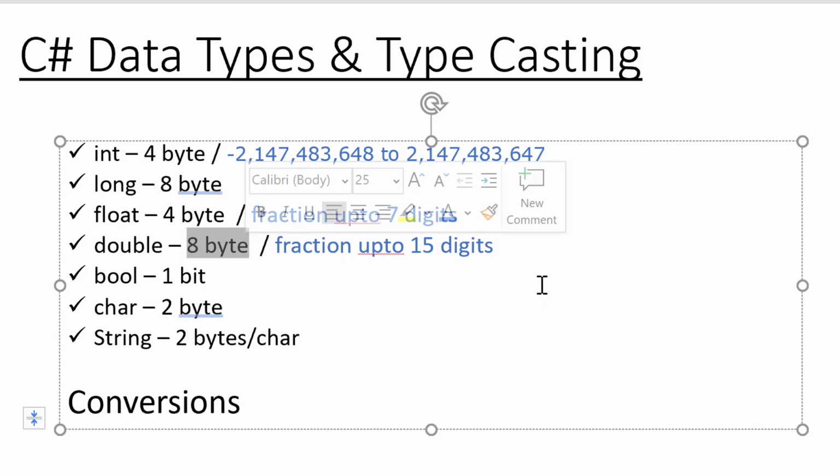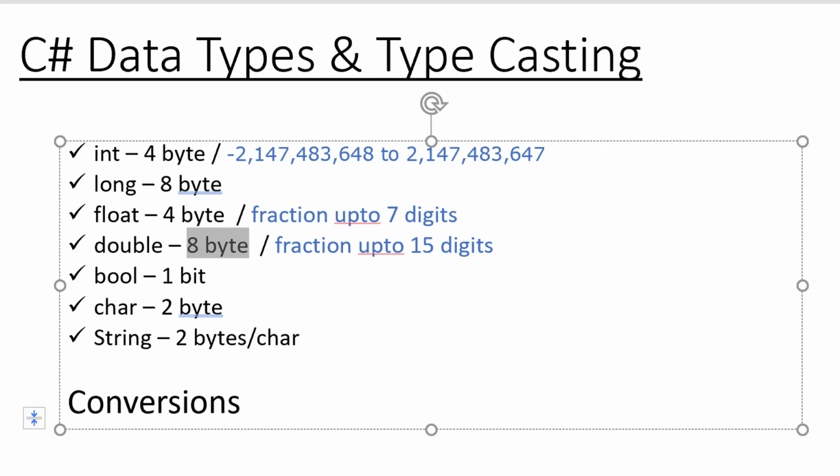After the decimal, like in 5.897, the 897 is the fraction, or precision. The double can maintain precision up to 15 digits, and float can have precision up to 7 digits. That's the difference between float and double.